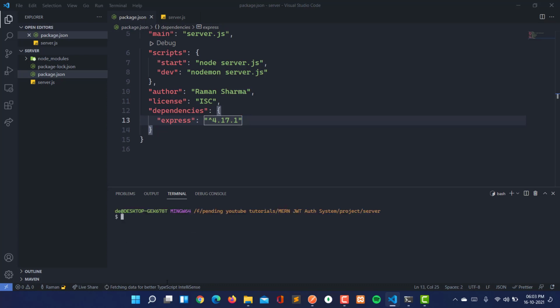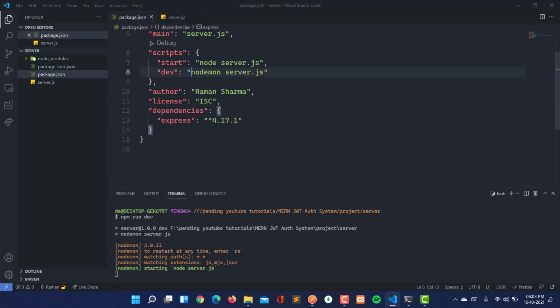Let's clear this first, and here I'm going to write npm run dev. So I am running npm run dev here, so this will run nodemon server.js for us.